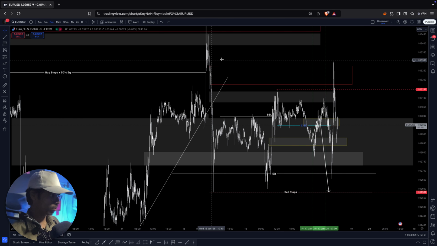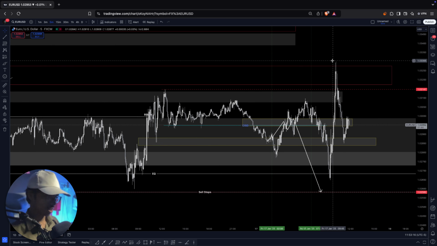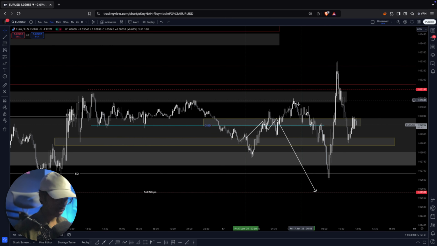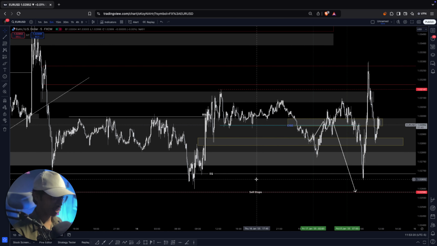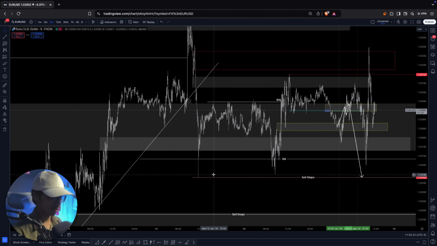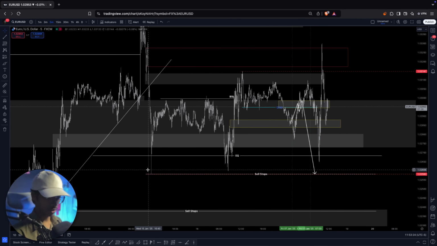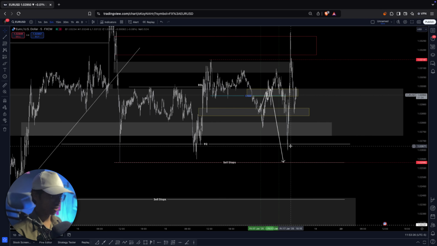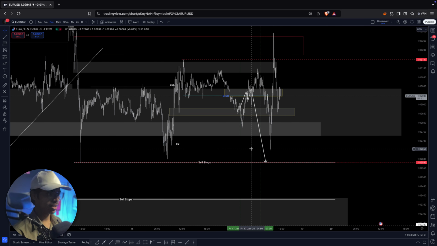So did the price go above this high? No, the price didn't go above this high. It means the sentiments are still bearish. So we are still bearish on the sentiments, plus it has been creating more and more sell side liquidities. First it dipped, then it went up a little bit, and then again it dipped a little bit. So it has been creating sell side liquidity.